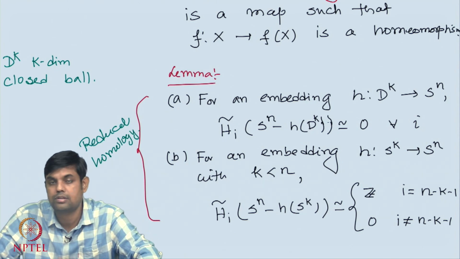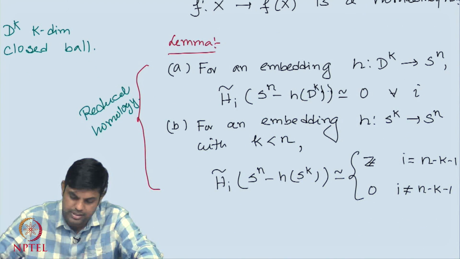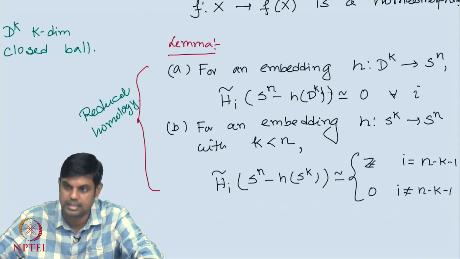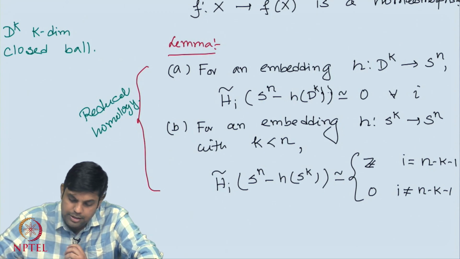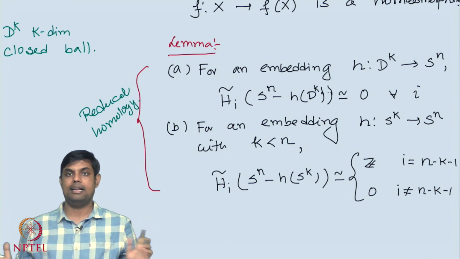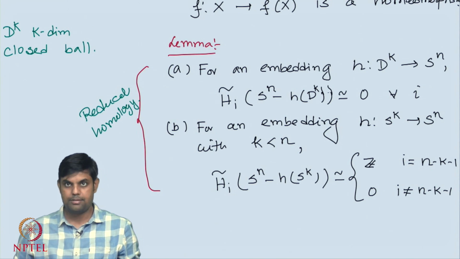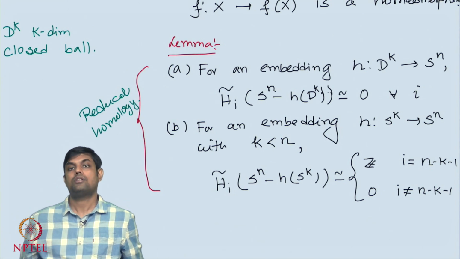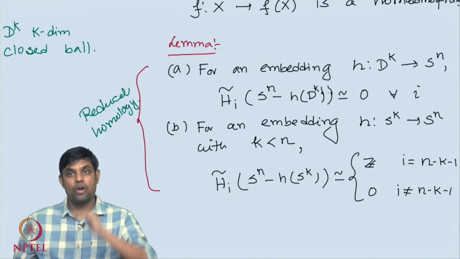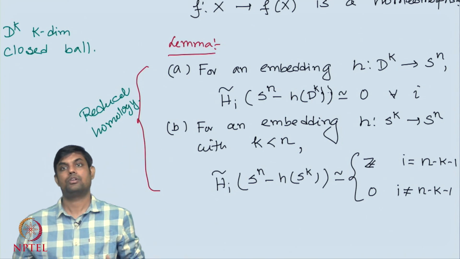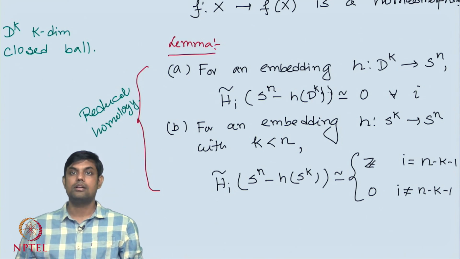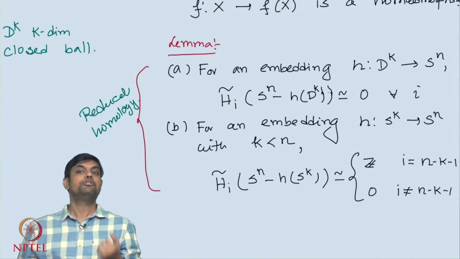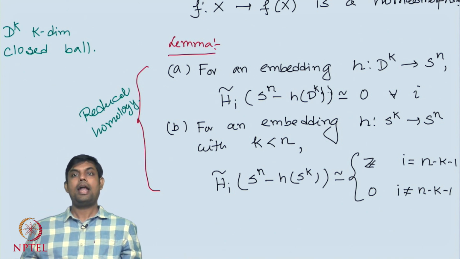Okay. So, in particular I am going to use the augmentation complex, augmentation map and all those things in the chain complex. Okay. So, if I have any k dimensional disk inside an n dimensional sphere, its complement is always going to have 0 reduced homology on all levels. On the 0th homology, it is going to be connected,